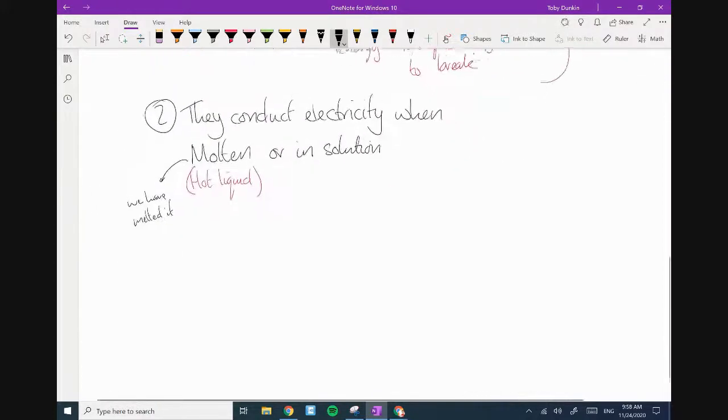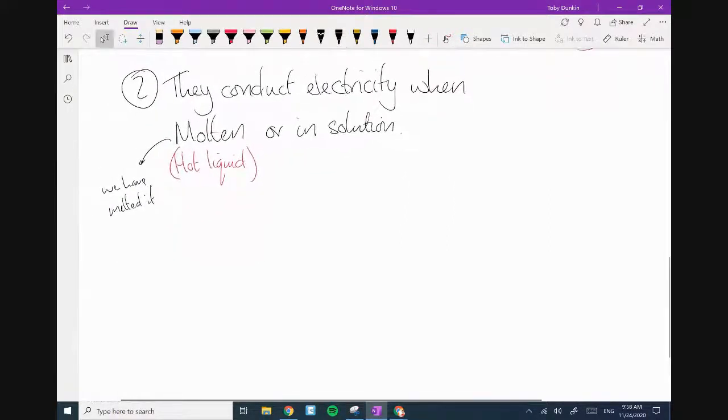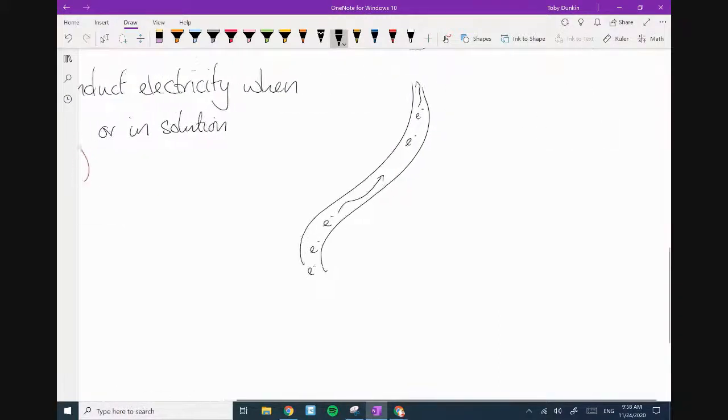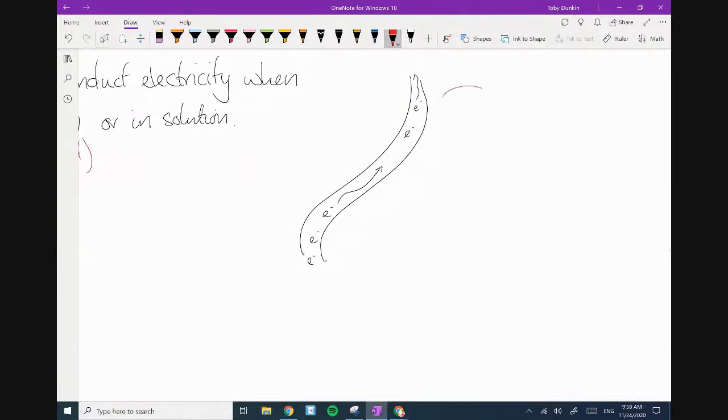Now we need a diagram to explain this. In electrical wires, I don't know how much you know about electricity yet from physics, but you've got electrons in the wires that are free to move to carry the charge through the wire. The charge carriers in metals are electrons. So we can make a little nota bene: in metals, there are free moving